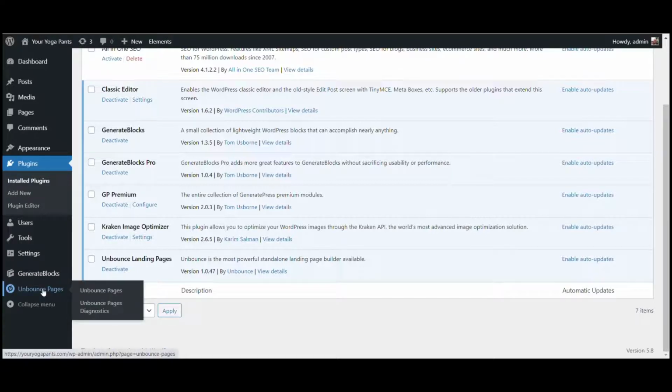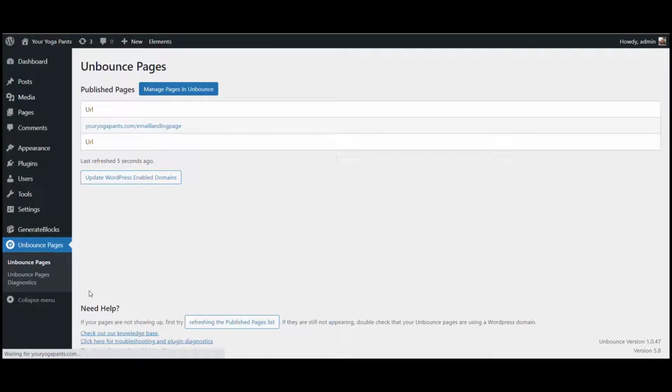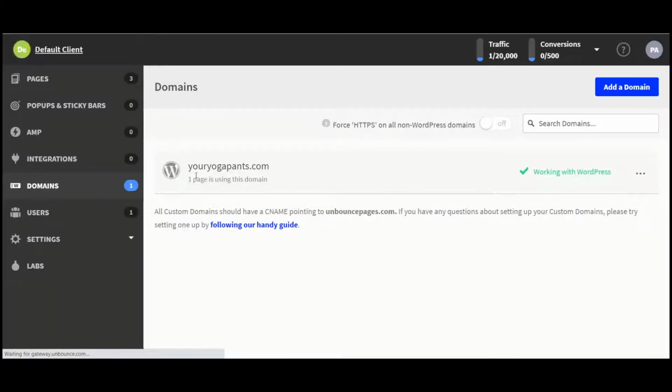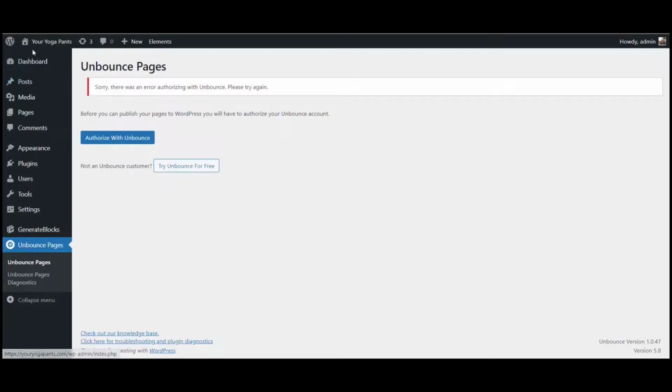And then from there, I found my Unbounce pages plugin. I had to connect my Unbounce to my WordPress. So if I go back to Unbounce here, under domains, I had to go in and enter my Your Yoga Pants domain, which is the WordPress site that we've just been looking in. So you can see that here. So that's my WordPress site for Your Yoga Pants, which is what we used for our,